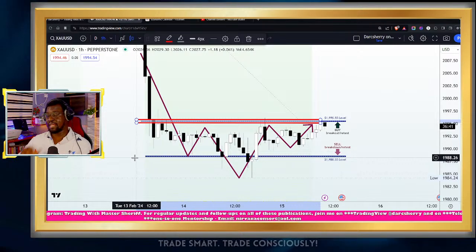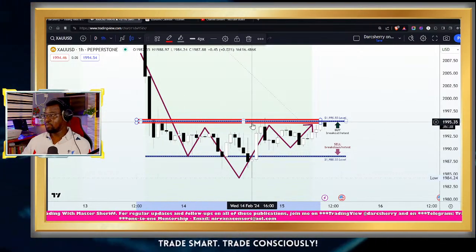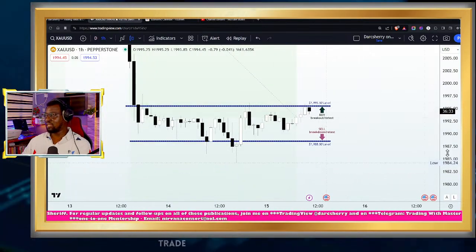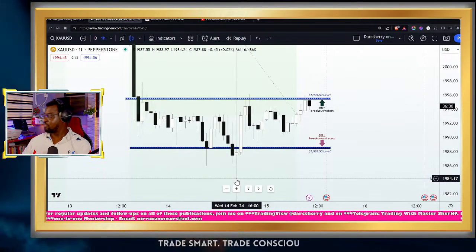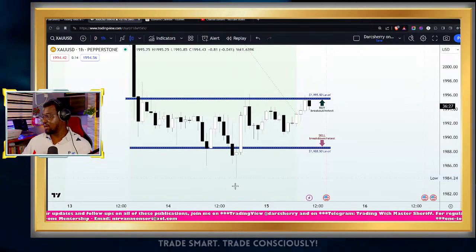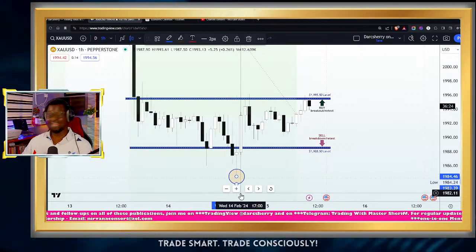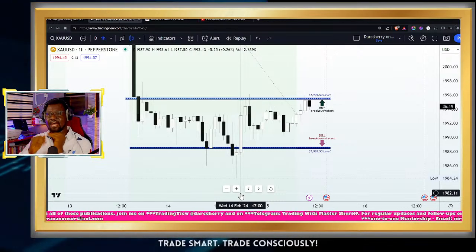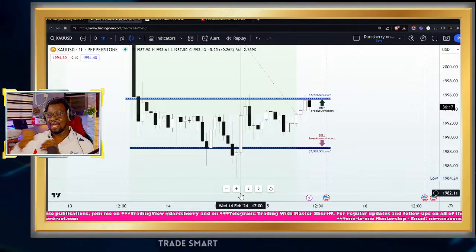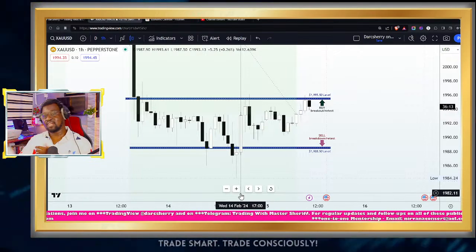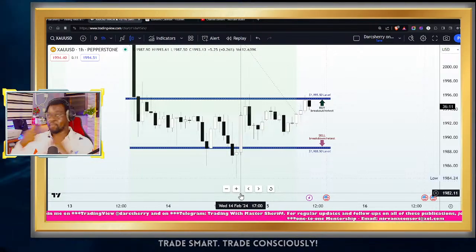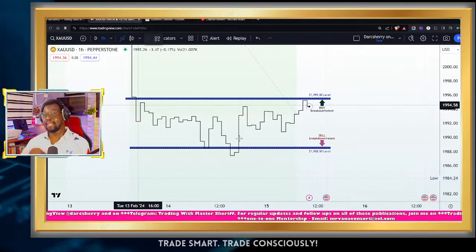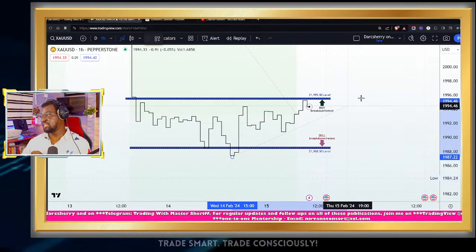So we are not going to be negating any possibilities of buyers coming into this market. Then another thing I would like to call our attention to within this range is the fact that since price action tested the 1,984 right here during the later part of the New York session, you would notice that price action had uniformly and consistently found higher lows. And when we notice higher lows on our chart, it is a sign that buyers are gradually gaining momentum behind the scenes. And to further affirm this, we want to be connecting the series of higher lows here, giving us a trend line to work with.